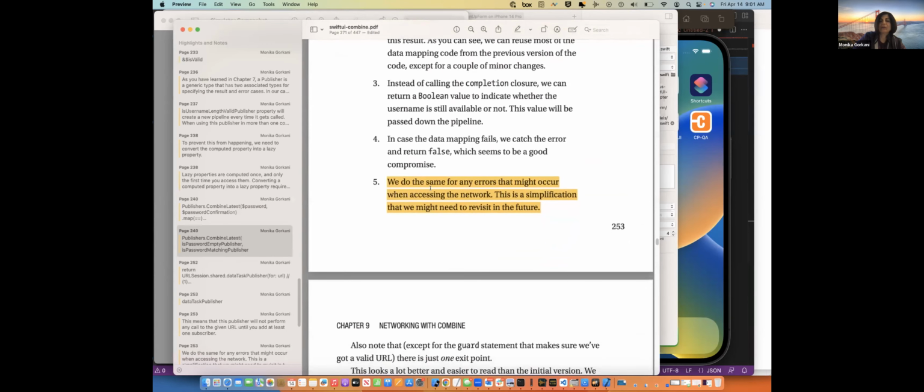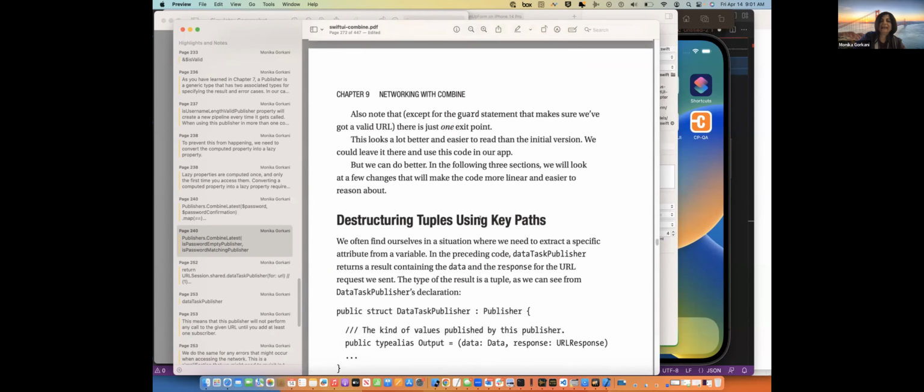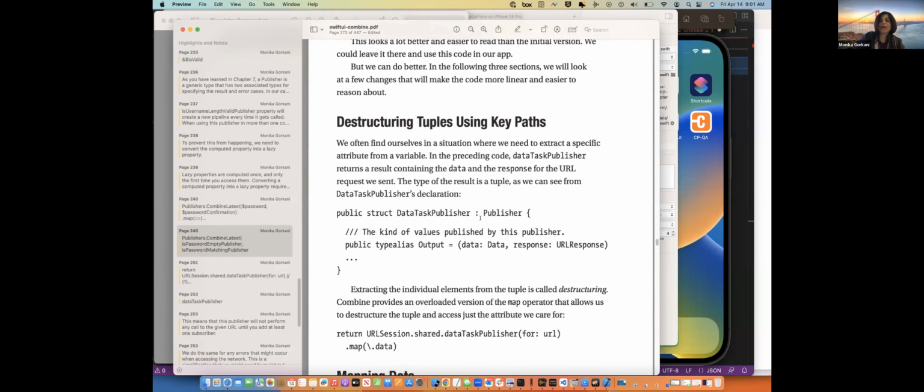Yeah, and then I did catch that we do the same for errors that occur when accessing the network. This is a simplification, so he kind of doesn't deal with errors. It's like, okay, if you catch an error, just return it. And then the next part is that